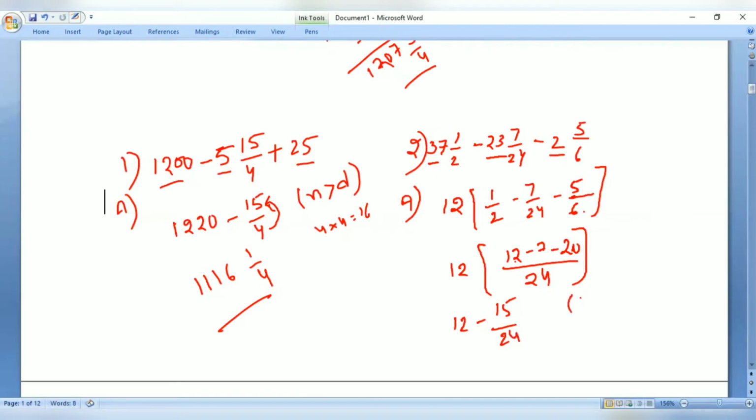So this is the case where the numerator is less than the denominator. In such cases, what will we be doing? Subtract 1 from the integer, that is 11. Identify the difference between numerator and denominator. The difference here is 9, divided by the denominator. Otherwise, sometimes what people will do is cancel it.